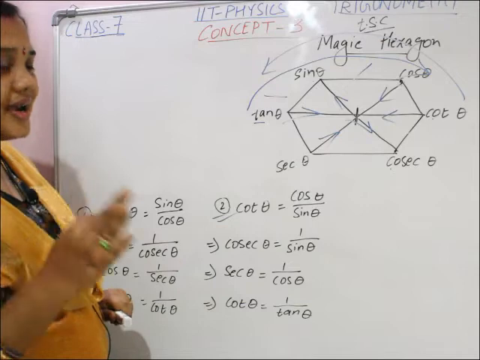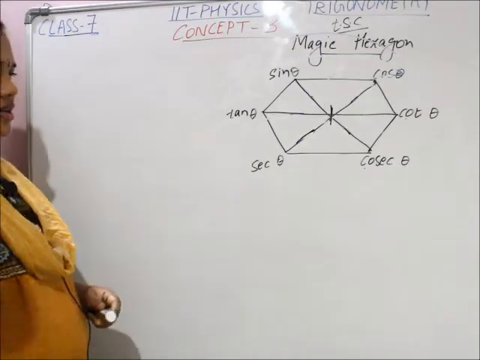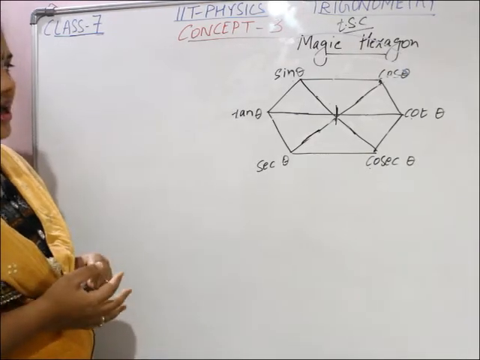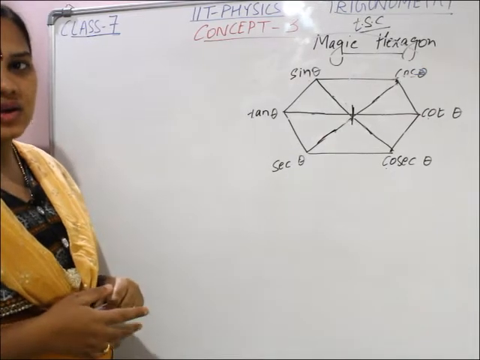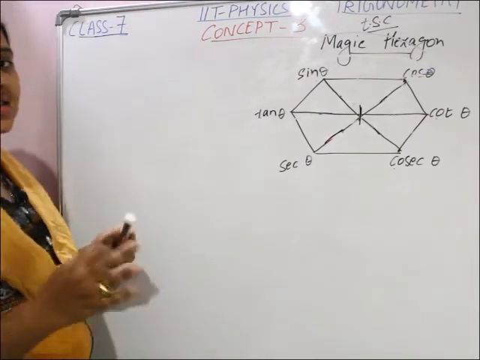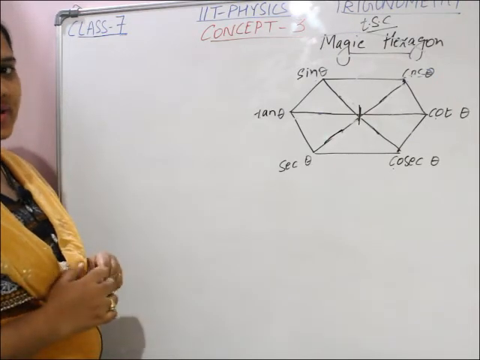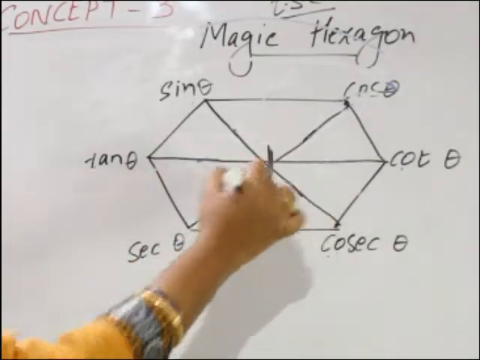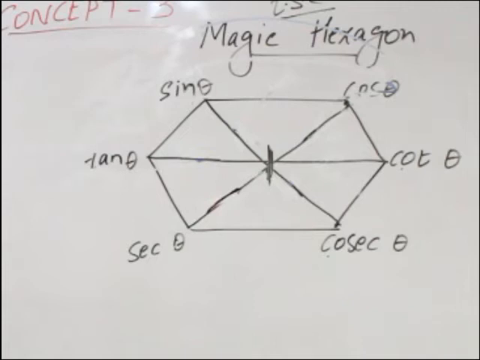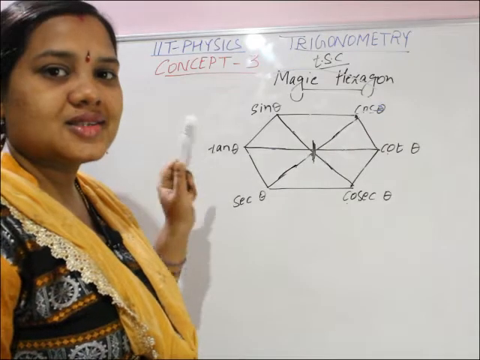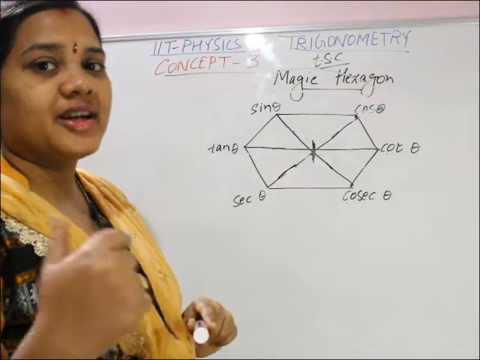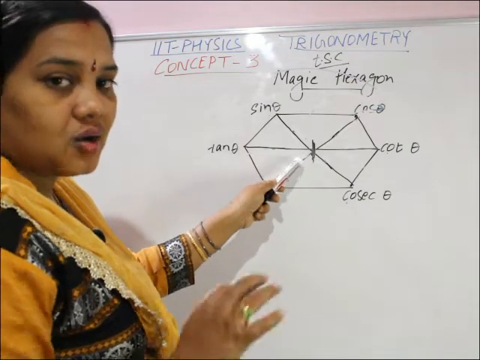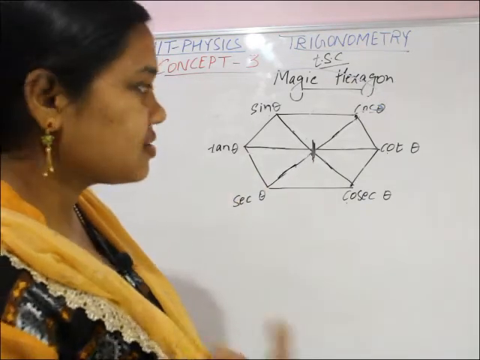Next 3 important identities. So next, children, see, now I have cleaned all the previous 5 identities and their markings on the hexagon. Clear? Now we will get the next 3 important identities. For this you can see here at the center what is given: 1, because 1 is an important factor for the next 3 identities. That's why at the center I gave 1. How 1 is related with the other identities, now we will see.